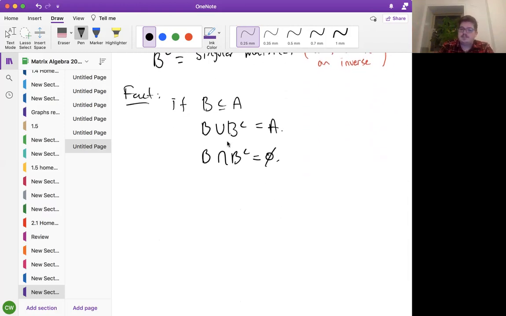And then, if you have an intersection between a subset and its complement, well, there's nothing, because you can't both be in B and not in B. Then you'd have a paradox, so the only possibility is nothing. Okay, any questions about that? Okay, so that's all about just sets themselves.